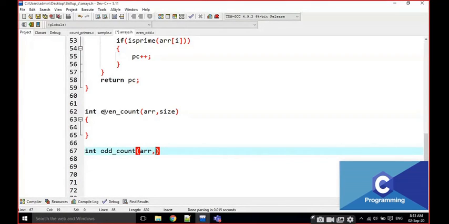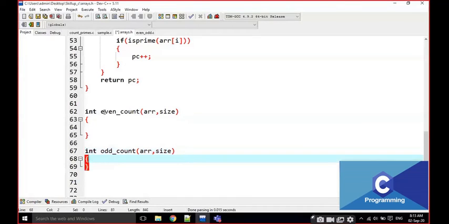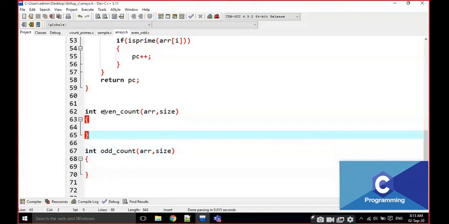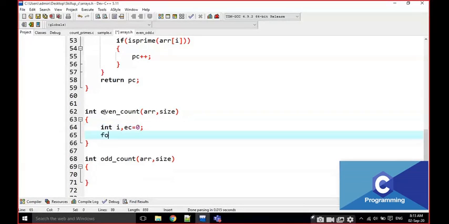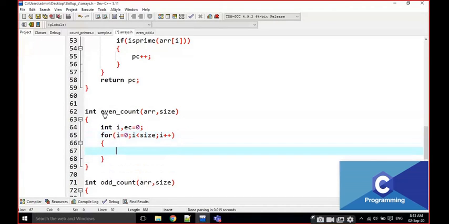It is also the same signature. For example, now I am going to take some I value here, and even count is equal to 0, and I am going to write I is equal to 0, I less than size, I plus plus.